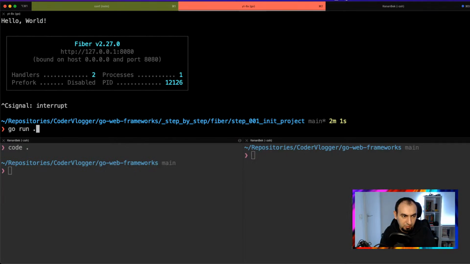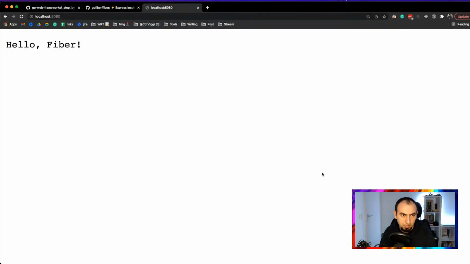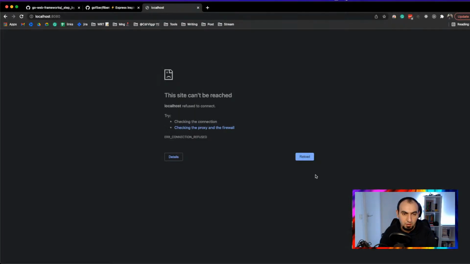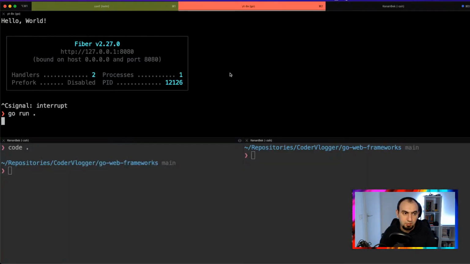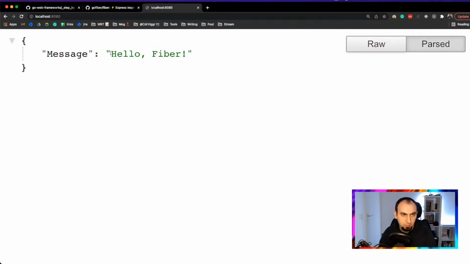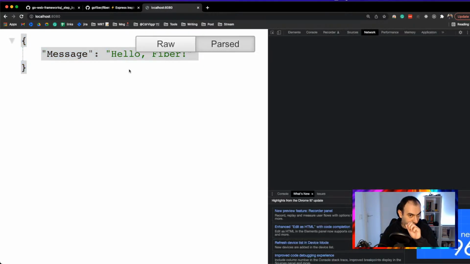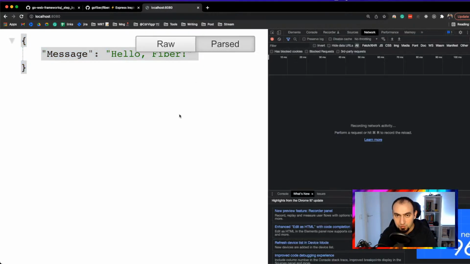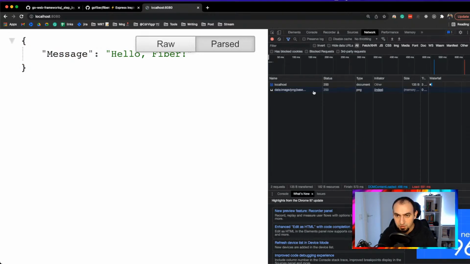Let's go back, restart this application and try to check here. Okay, so now we have the same text response, but as a JSON, and the difference is, if I go to the network tab and restart this request,